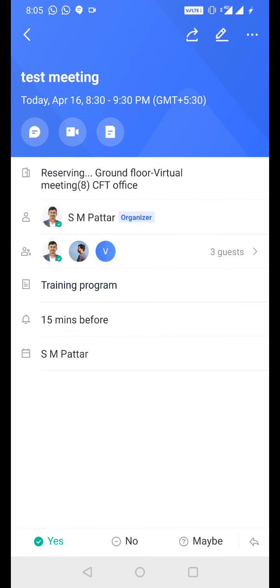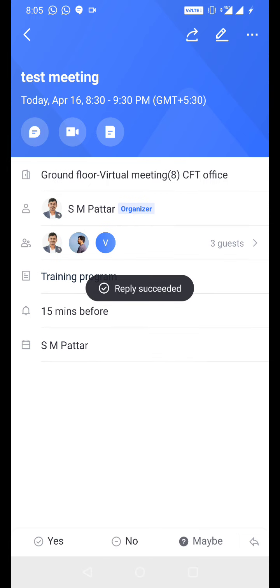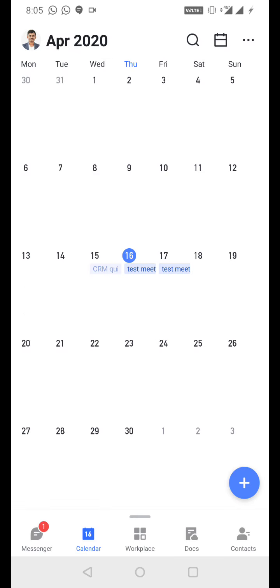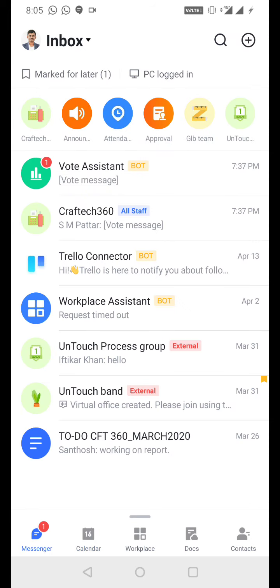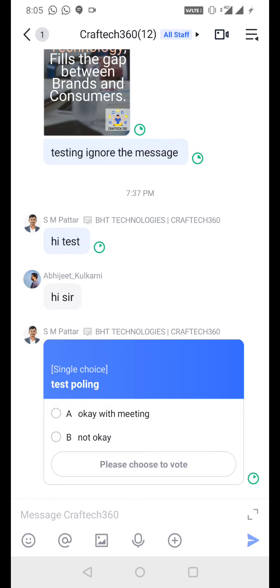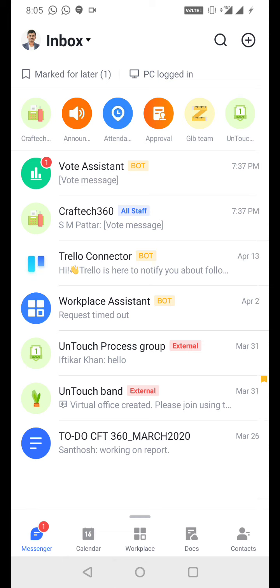dashboard, or it acts as a complete overview of the meeting. You can say yes, no, maybe, as per your particular colleagues' time availability. This is all about setting a meeting with your internal team as well as the vendors. And coming to the last option, which is message. In the message you can see the upper top bar: Craft Tech, announcement,